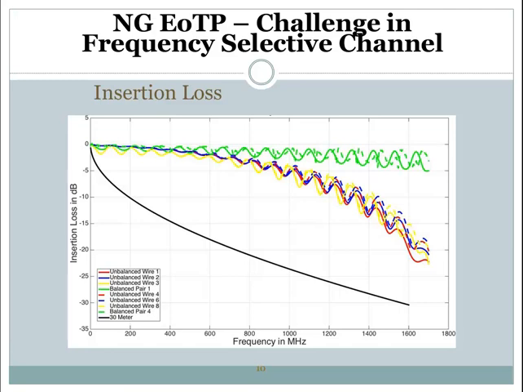The black curve on the bottom of the figure is the 30 meters long standard cable as specified in the ISO document. And the top green curves, they are the 1 meter long cable, and this insertion loss is much better than the 30 meters long cable. And the group of the curves in the middle, they are the insertion loss of the individual wires